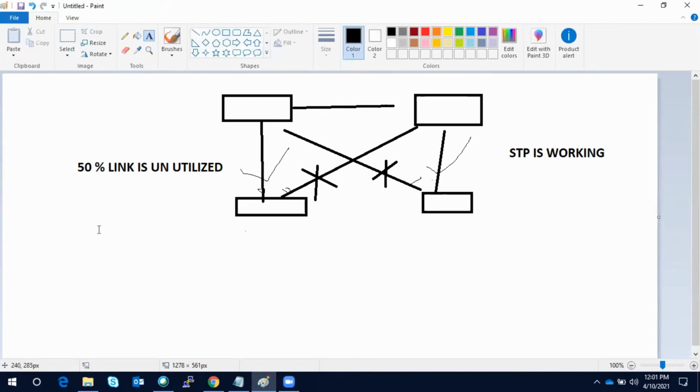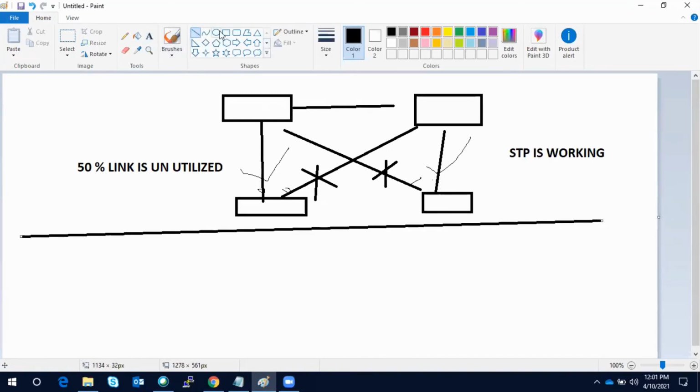But in ACI, let me draw a line between this to create a difference.